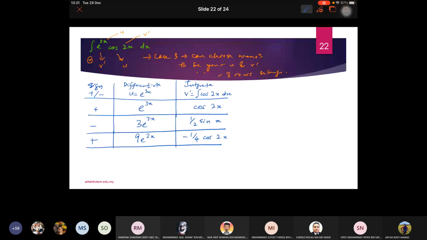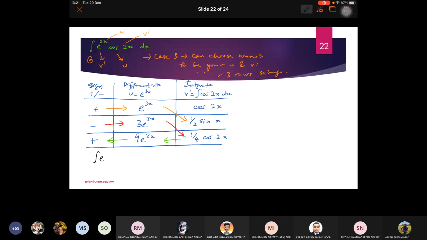So dia punya integration kita buat 3 kali because this is by part. No ending integration. So yang ini darabkan dengan yang ini, and then this one darabkan dengan this one. And then dia akan ada error, balik semula kepada dia punya integration. So if you solve for this one,